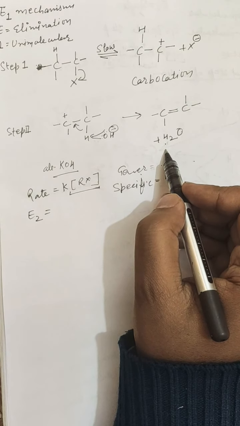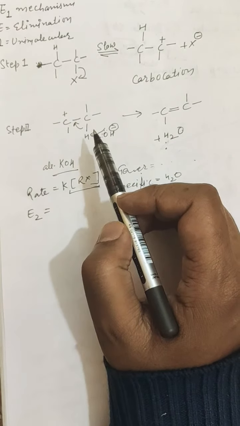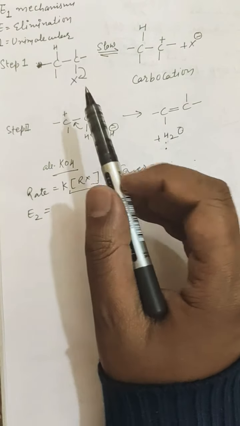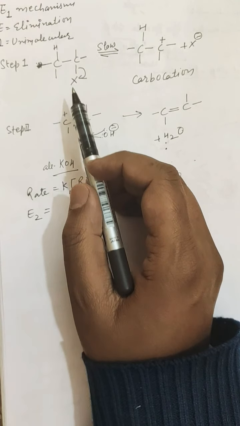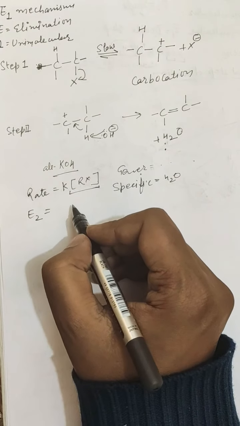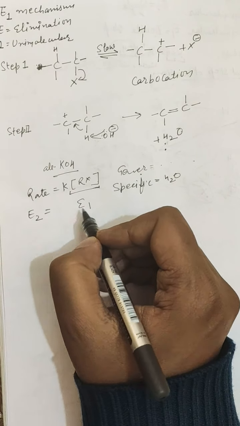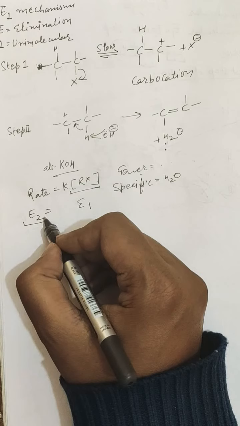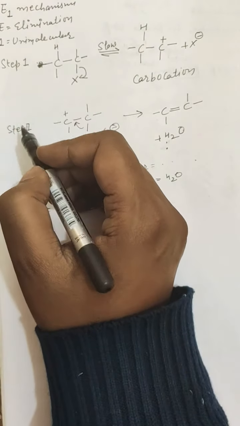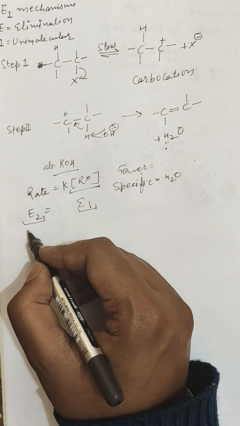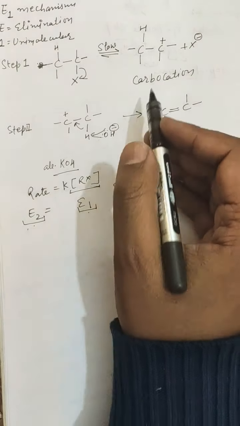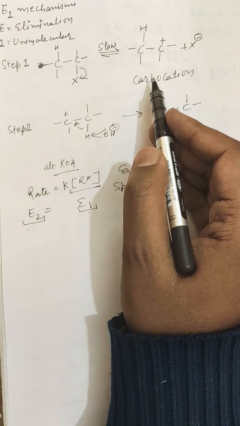So in general terminology we will say this is the elimination reaction, a unimolecular elimination reaction, and in specific terms we will say the dehydrohalogenation of alkyl halide results in the loss of a molecule of water. So you can compare the E2 and E1 mechanisms. The E2 mechanism was a single-step mechanism, whereas E1 is a two-step mechanism, that is step 1 and step 2. And in E2 there was a formation of a transition state, whereas in E1 there is the formation of a carbocation as the reaction intermediate.